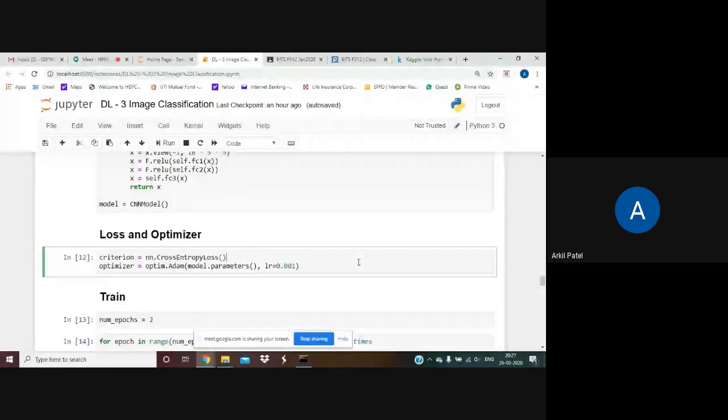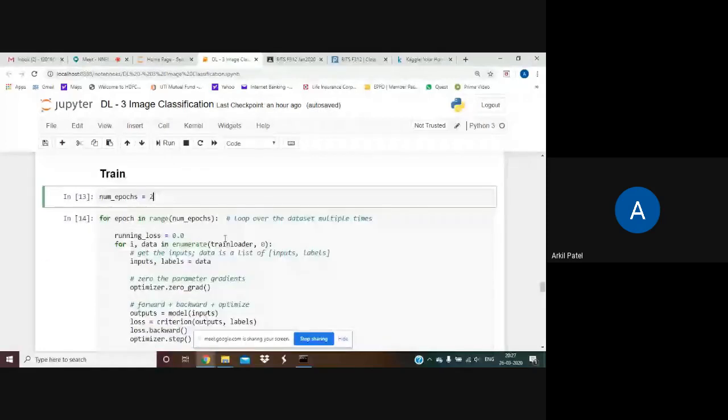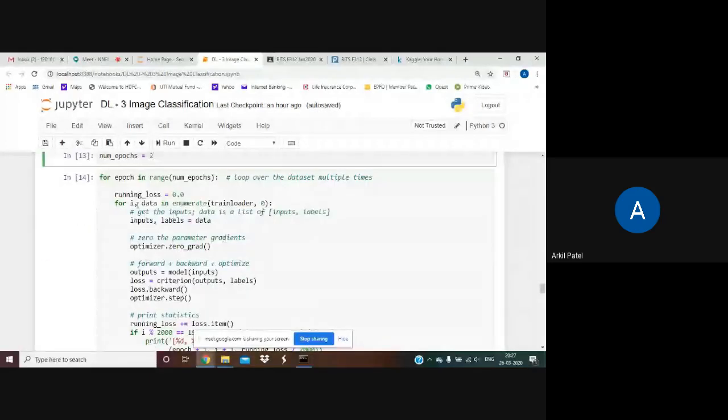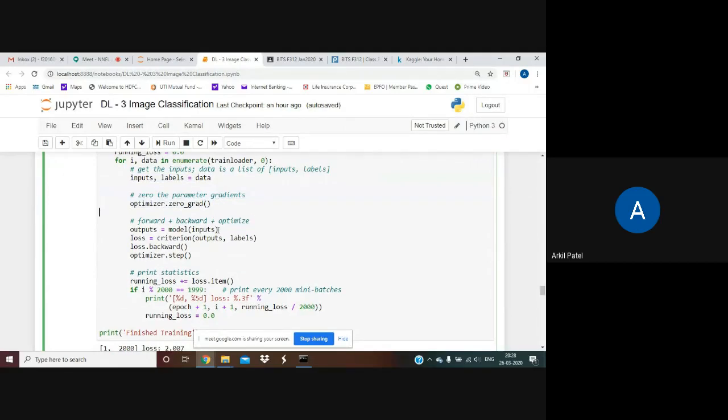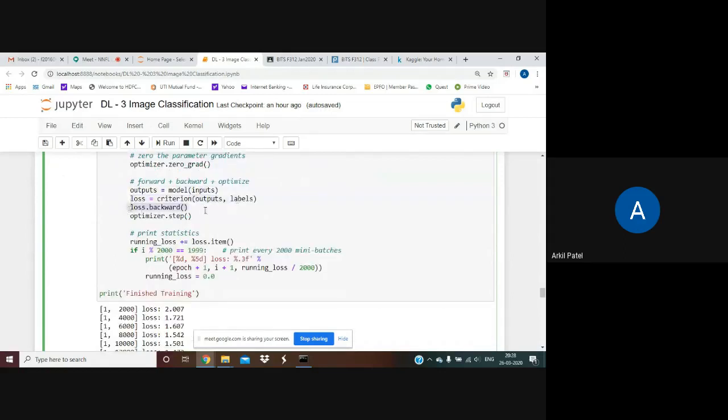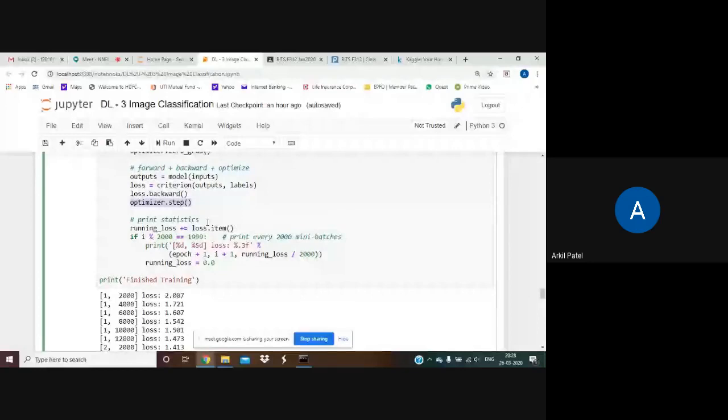Then for now, let's say I select the number of epochs to be 2, I want to train my model on this. So for each epoch, this is exactly what we did for the MLP case. I'm going to take each data point, howsoever batch size at each point of time. So basically this is batch size number of data that I'm getting at every iteration. And then I'm going to zero grad my optimizer, pass it through my model, calculate the loss, do the backprop, and then let my optimizer take the step so that we can update my weights, right?